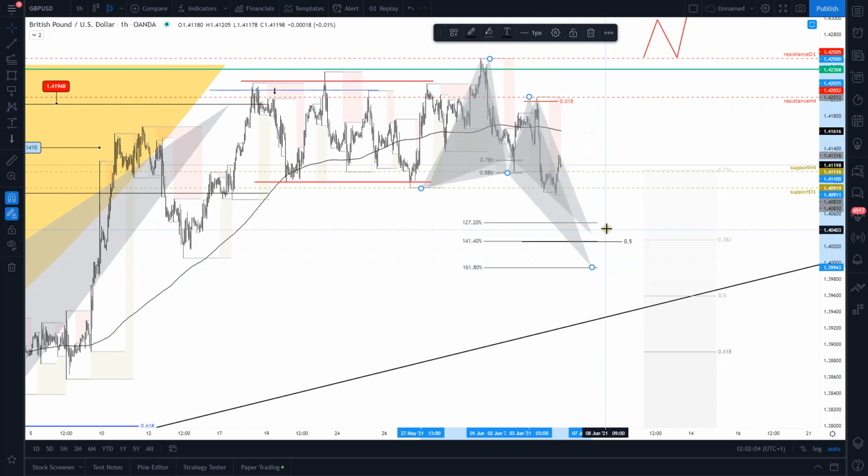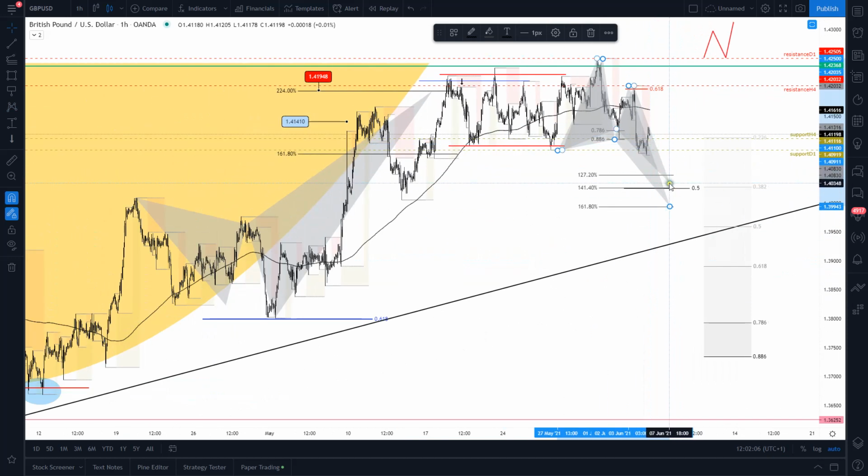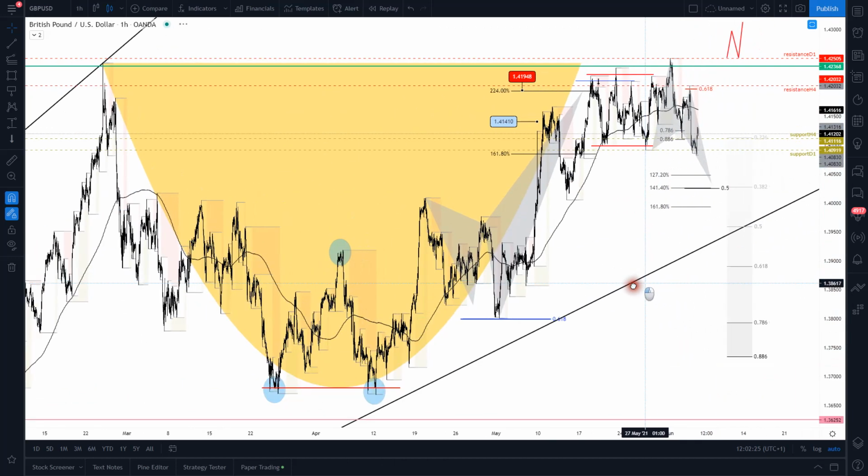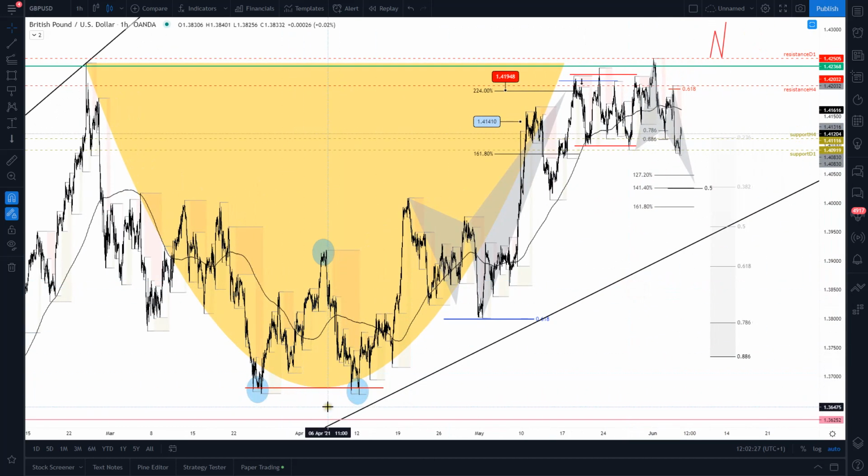So I'm pointing, as we can see, we have that convergence between the potential butterfly. Let's ignore for now that crab pattern, but we have some convergence between these butterfly price zone between the 127, 141, so the bullish butterfly pattern, the 38% Fibonacci retracement between the bottom or the lows of the cup and the current or the most recent resistance,